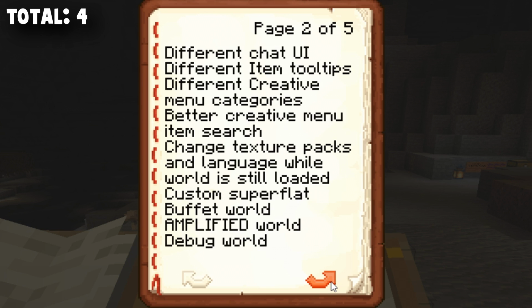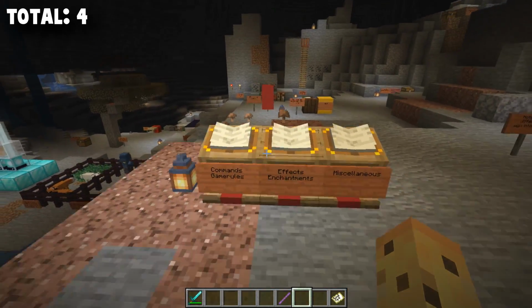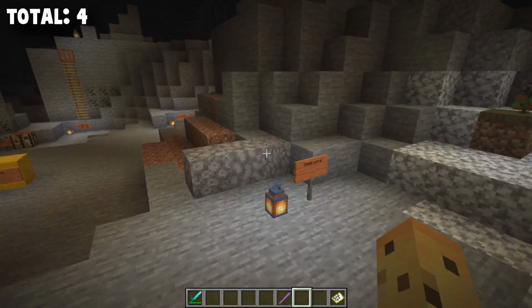And then there's a bunch of other tiny things that we could go through. Also, F3 is a thing that you can only do here. There's a screenshot button straight to your thing. There's amplified worlds, there's buffet worlds, there's custom superflats. There's all these big major features that I think should be big priorities, but again, there's lots of other features that you might not know about that I think are worth mentioning in today's video,